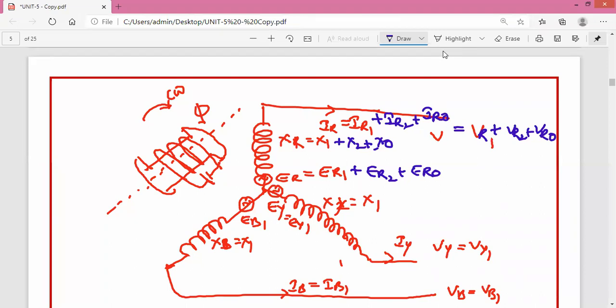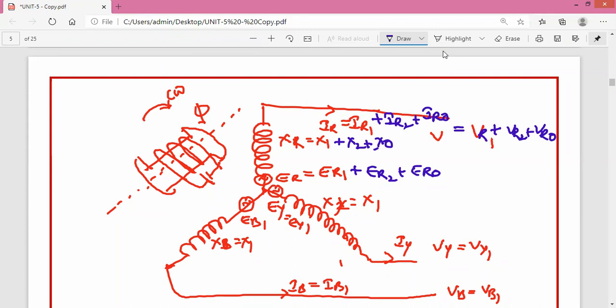circuit breaker set values. So the relay value is set by the lowest fault current values, and the circuit breaker is set by the highest fault current, because even the highest fault current is going to flow through the circuit. The circuit breaker has to withstand it, otherwise the electrodes in the circuit breaker may melt, and then the circuit breaker functioning will not be perfect. So it has to withstand a maximum amount of fault current. So the circuit breaker is designed for highest fault current rating, and the relay is designed for lowest fault current rating.